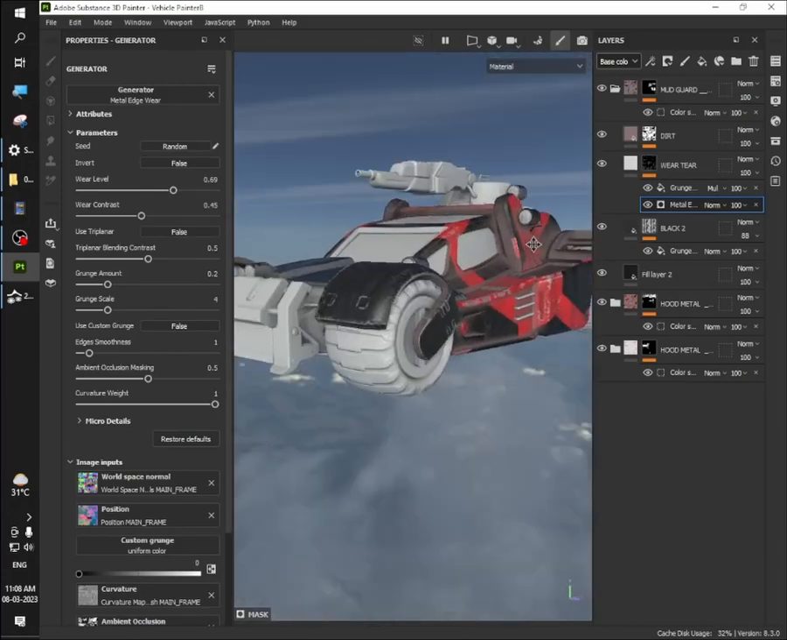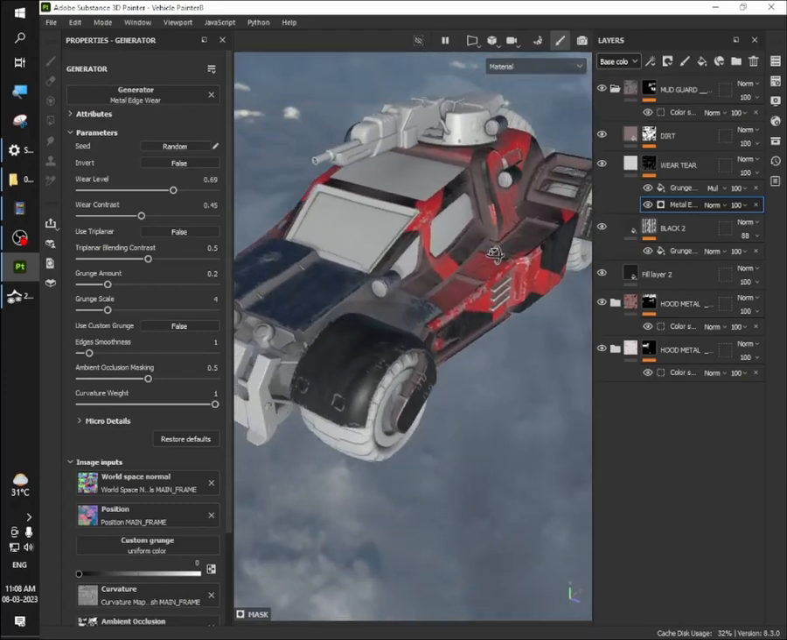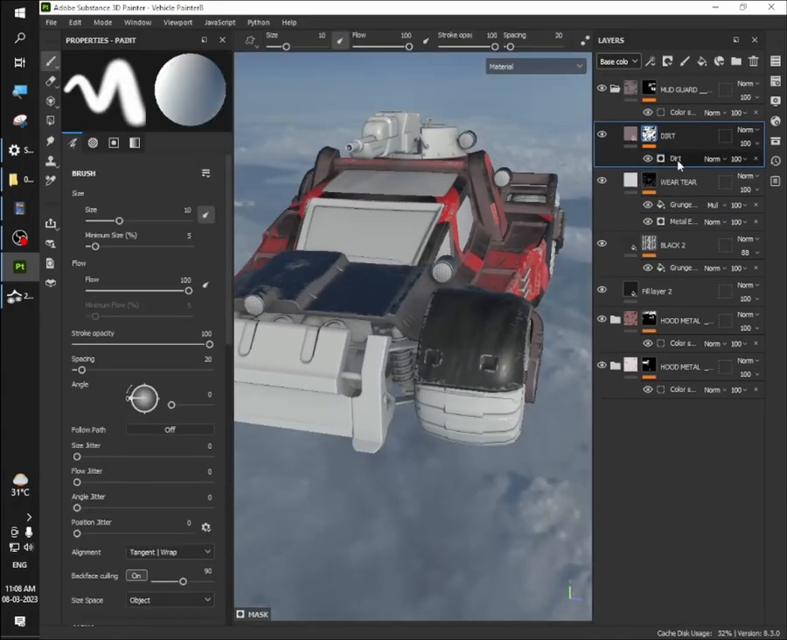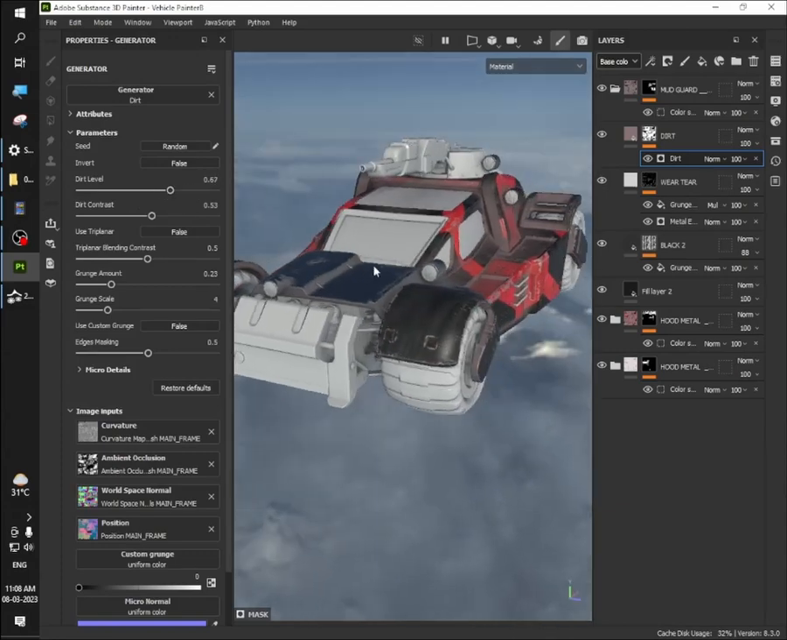Okay, dirt also looks fine. We can adjust some of the settings if you like. Add more dirt, less dirt. Okay, it looks pretty fine. Now